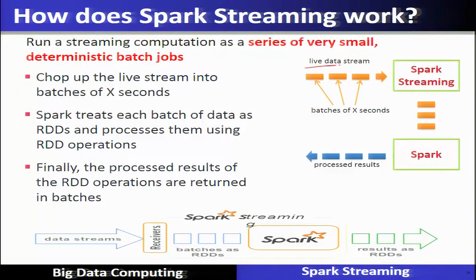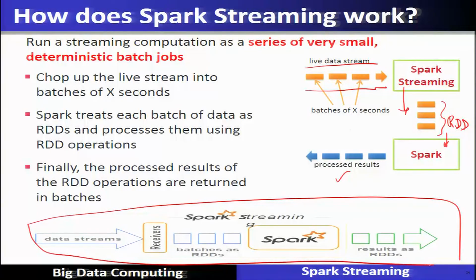Here, when the live stream data enters, it will be divided into batches of x seconds, and the Spark Streaming system will divide it into batches, and these batches in the form of RDDs will be given to the Spark engine for processing, and the processed results will finally be emitted. So, again, let us